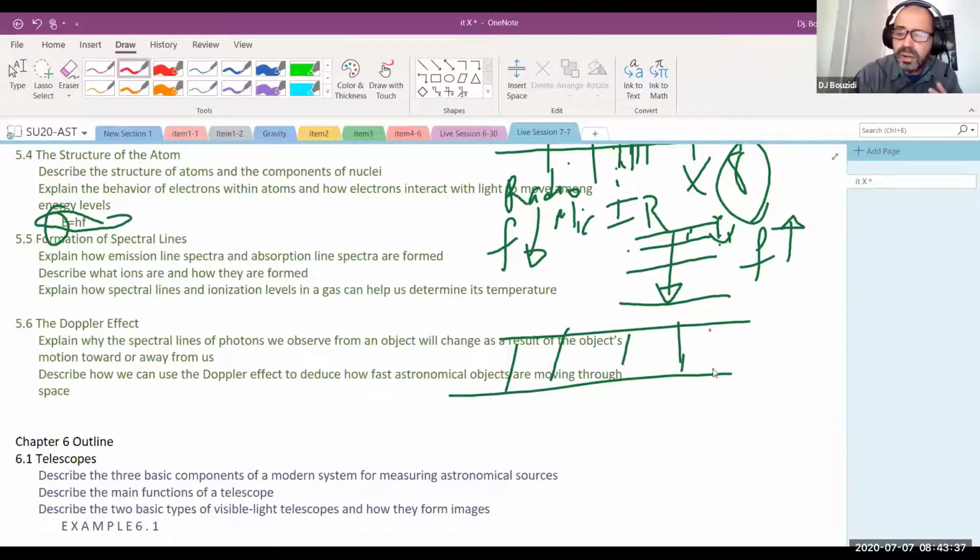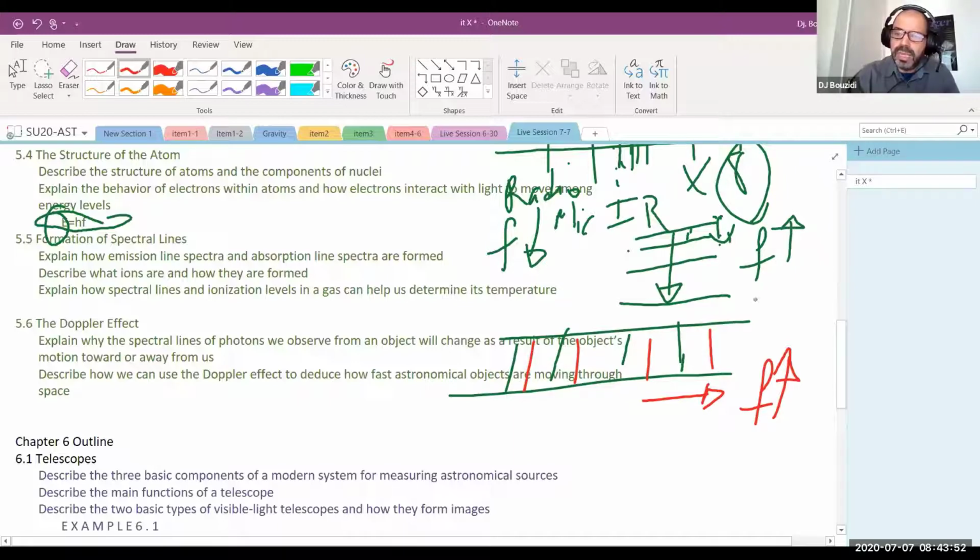This is where they are. All of these lines have moved toward this side. And let's say, for example, this side is frequency. Then in this case, I know the star is coming toward me, okay? If they moved toward the other frequency, then I know that it's moving away from me. So that's basically in a nutshell what this idea is.